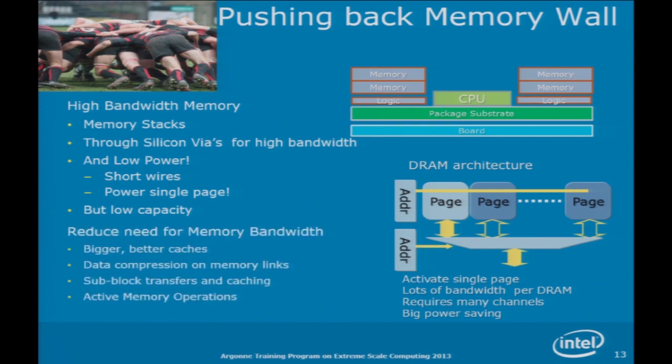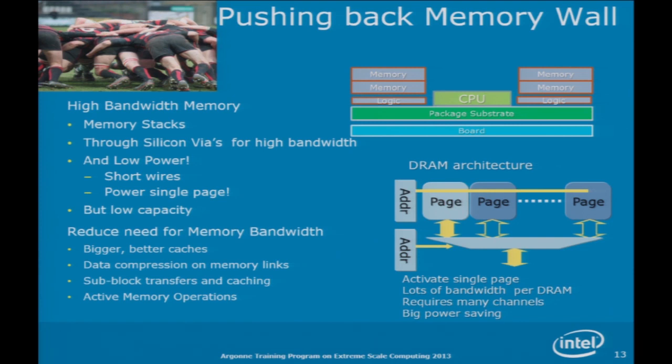So with a stacked memory design, you only power the chip that you're interested in, only power a single page. Each page is like an array of bits, and it's typically like 4,000 to 16,000 bits wide. And for a cache line, you only want 512 bits, and you can easily get them from a single page, except that on DIMMs you get them from 9 or 18 DRAMs, and you power 9 or 18 times 2,000 or 4,000 bits to get them. Yeah, so we can reduce the need.